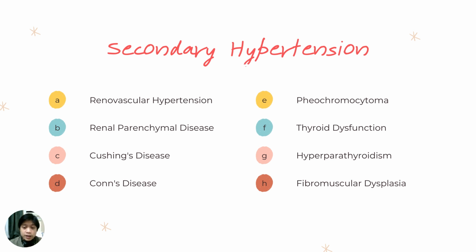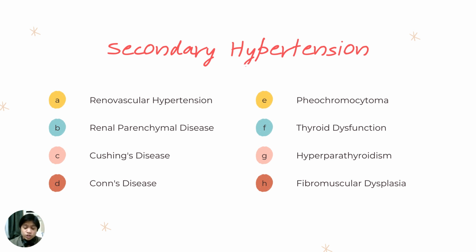Conn's disease, on the other hand, can be primary hyperaldosteronism or secondary hyperaldosteronism. But the common theme is there is an elevated level of aldosterone, which is the principal mineralocorticoid. So, what happens here,